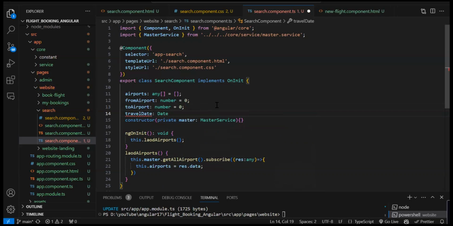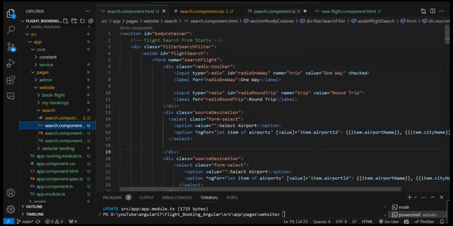Date. Let's keep it as a string only. Then we have to initialize it. Now, this variable we have to bind to our respective text box. So now again, our form is inside the form text. So we need to add that, do we say,